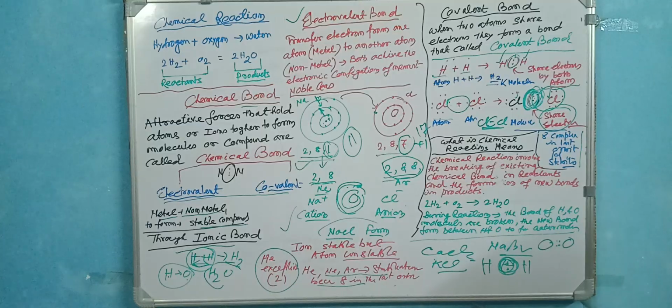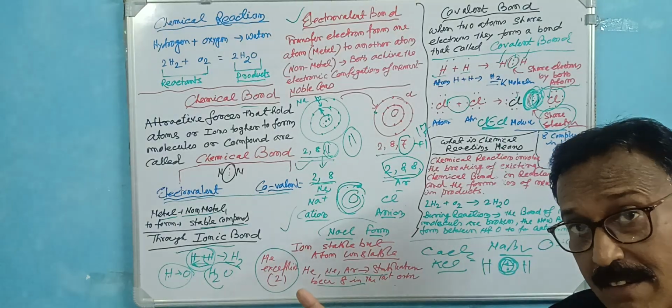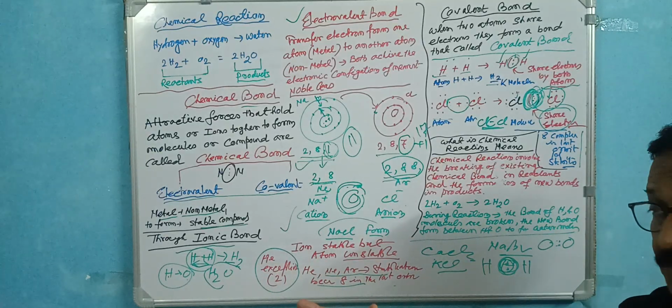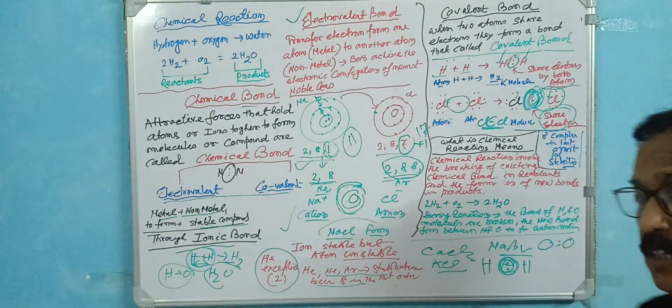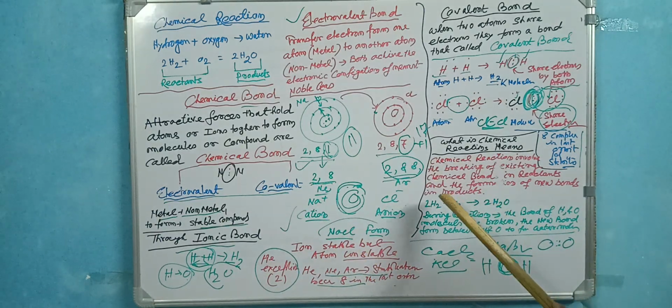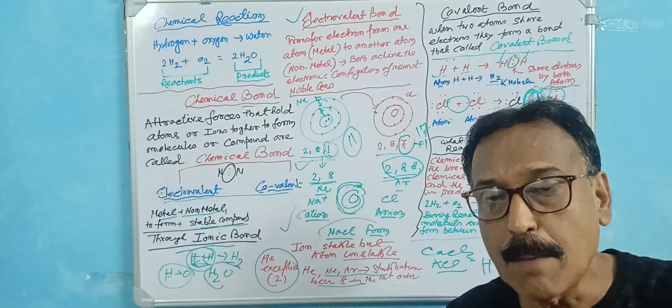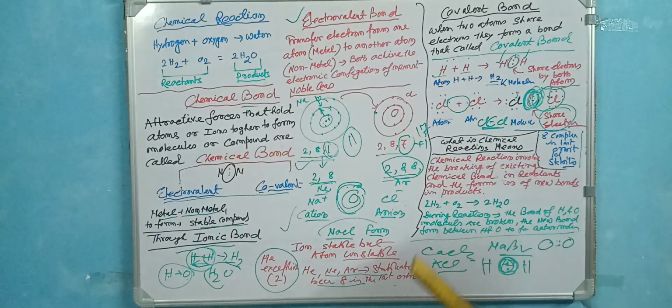the existing chemical bond, in case of reactant, in case of reactant there is an existing chemical bond, the first is the breaking of this bond, first the bonds that are here break, then a new bond is formed in case of water, hydrogen and oxygen, and form the new bond in the product. So what does chemical reaction actually mean? Chemical reaction means in case of the reactant the existing bond is first broken, and in case of the product a new bond is formed, producing a new compound,